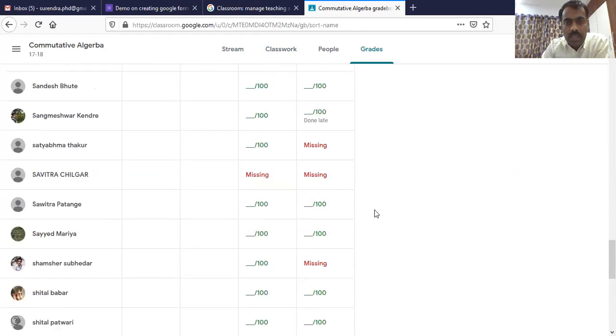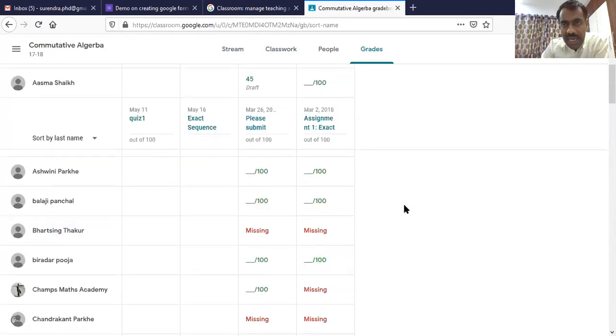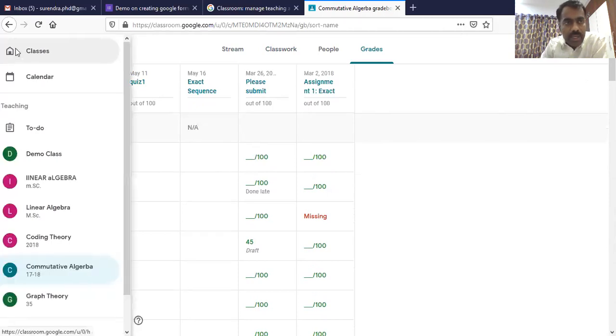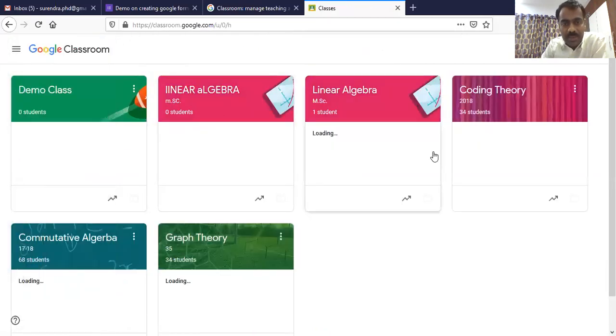Okay. This is all about Google Classroom. It is a very, very easy, effective way to use and stay connected with students. One of the main advantages is that you can make assignments, quizzes, all those things in a paperless way. You need no paper to assess students' performance. I hope you like this Google Classroom, how to create. If you click on these classes, these many classes are there. Whenever you want to create a new class, you just click on this plus symbol and do the things.